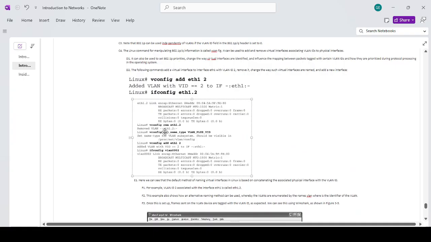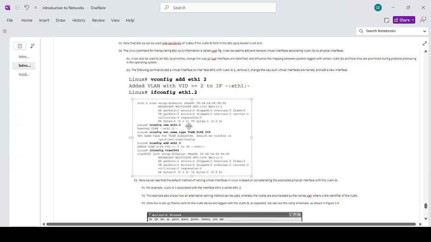And then we could remove it using vconfig rem ETH1.2, remove VLAN ETH1.2. So you can see the broadcast, multicast, MTU size here, the metric,